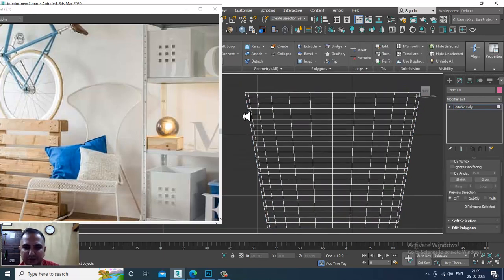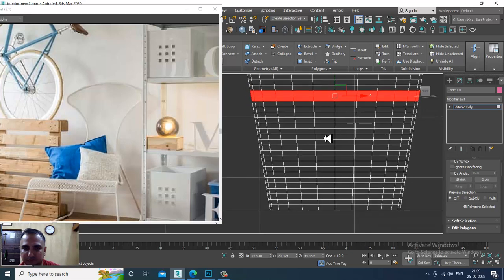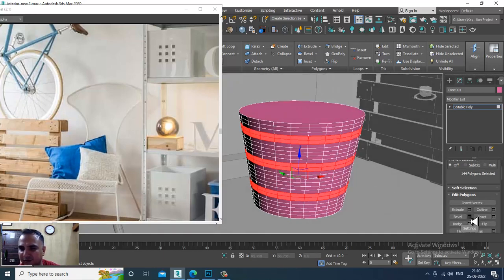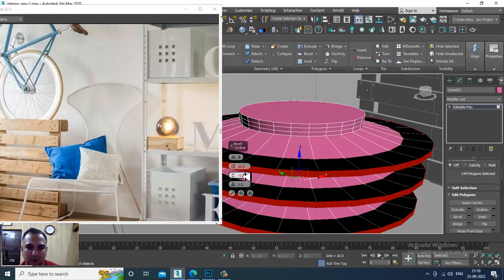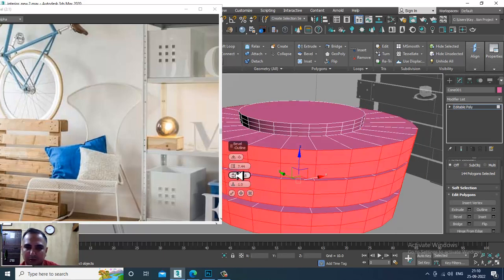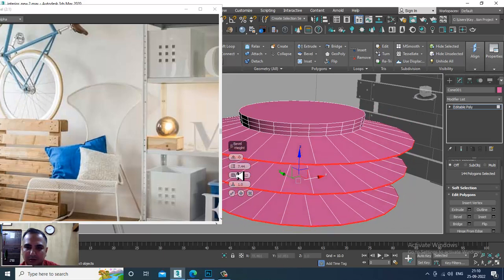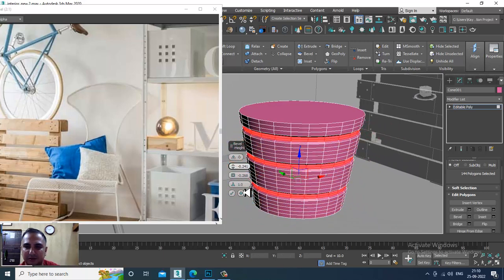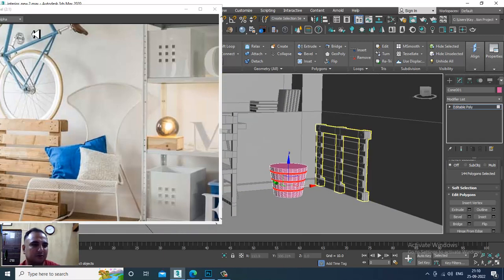So select the polygons. Let's select this. And slightly give a bit of bevel by local normal. And slightly, very slightly you can reduce it. And let's click OK. So once you're done,